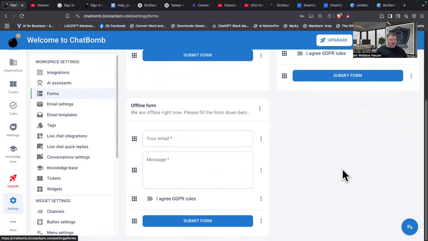You can have an offline form. We're offline right now. Please fill out the form. If you're offline and it comes up, and you want them to get in touch with you, they could send you their email, send you a message, and you will get back to them. Okay, but you can also add your own email form